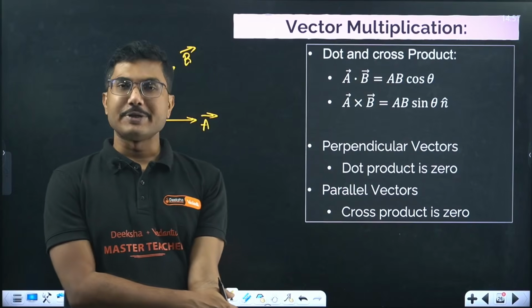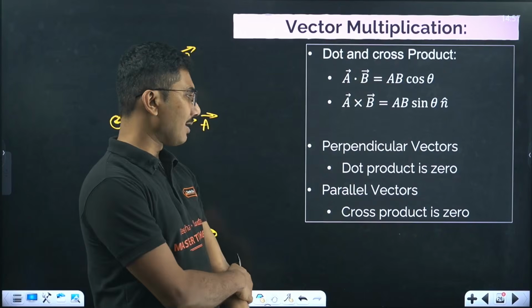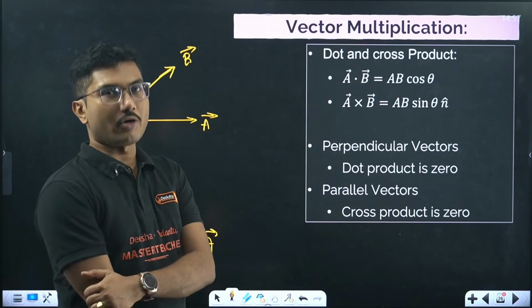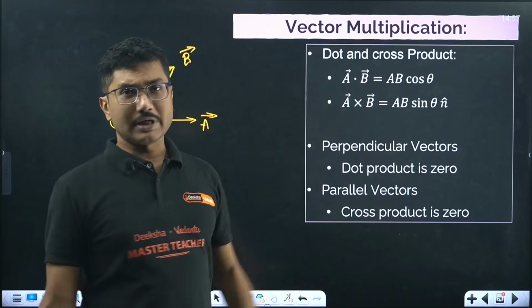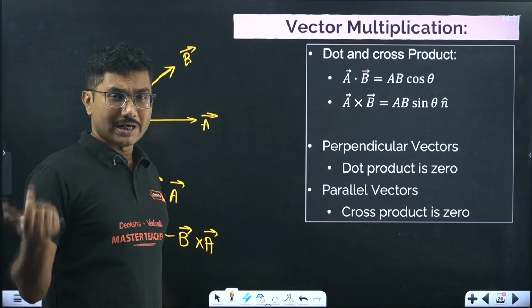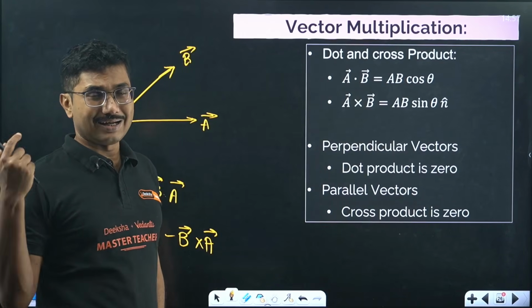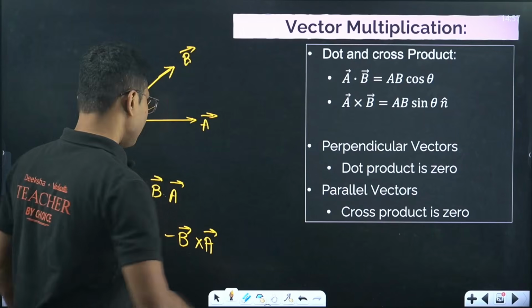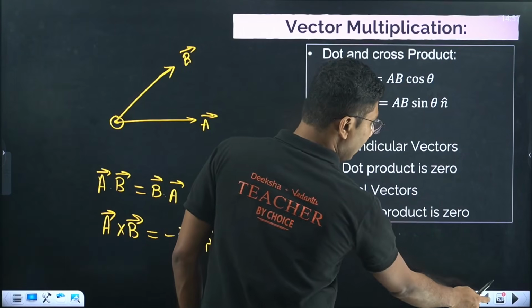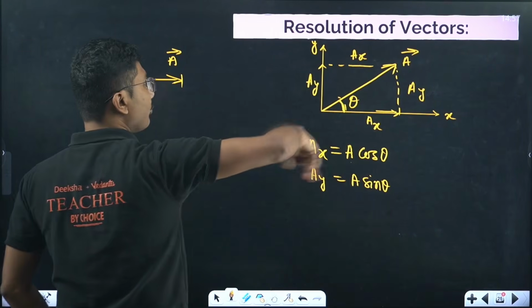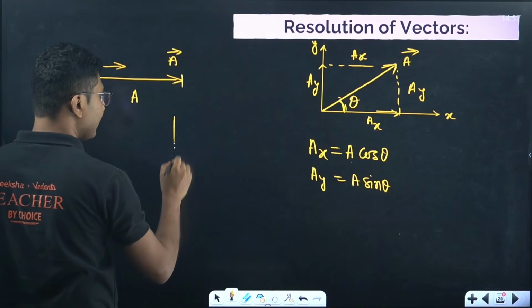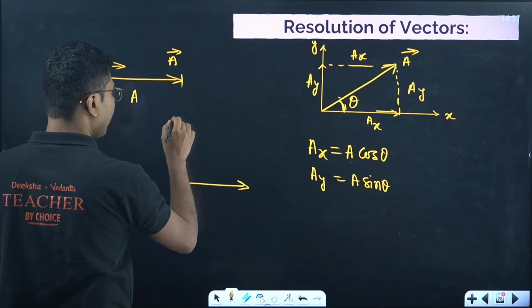The cross product is used when two vectors are parallel. If the vectors are parallel, their cross product is 0. They will give you vectors in terms of the fundamental vectors i cap, j cap and k cap. So if you go back to our previous slide, position vectors in 3 dimensions,